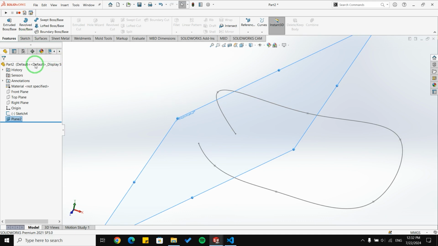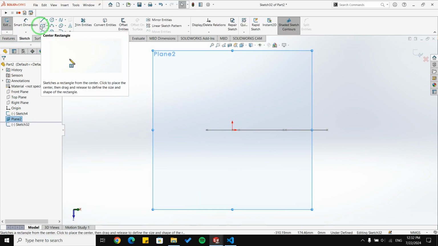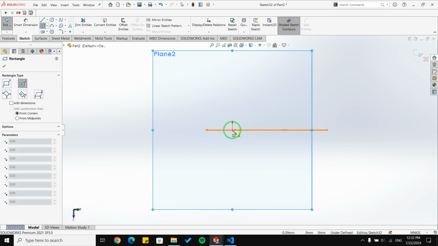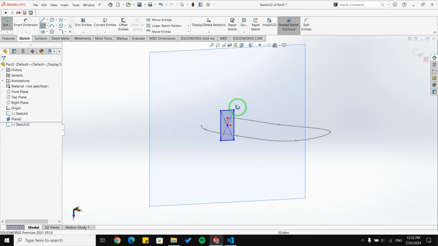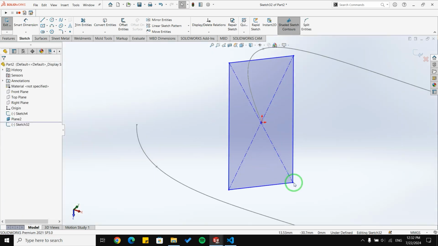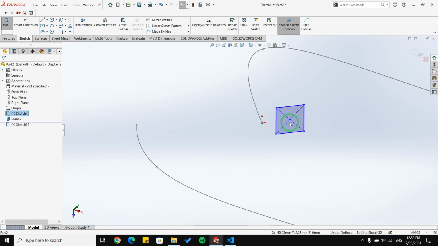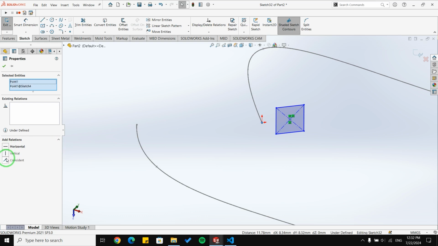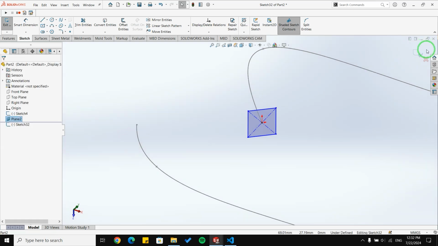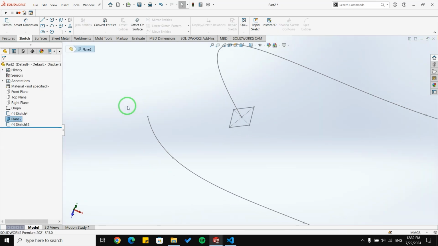I'm going to create a sketch in this new plane, and simply create a rectangle here. Let me resize it a little bit and use a constraint for these 2 points. I'm going to exit the sketch.